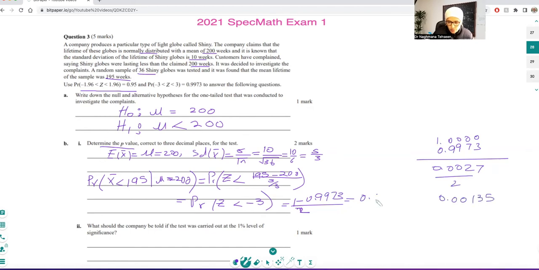That's 0.00135. And then we need to do it to 3 decimal places. So that means it should be equal to